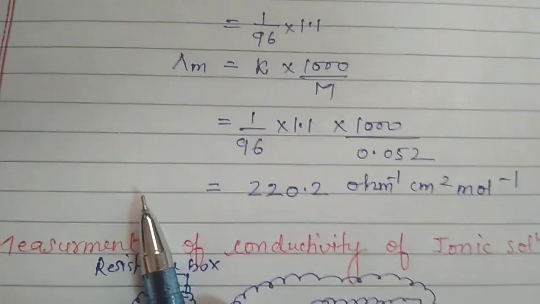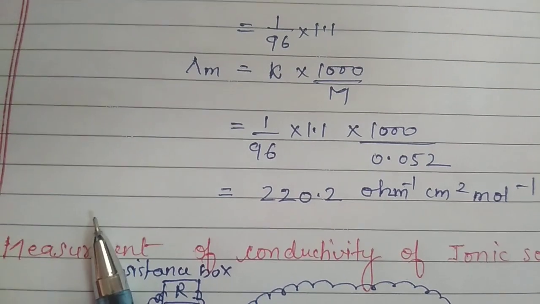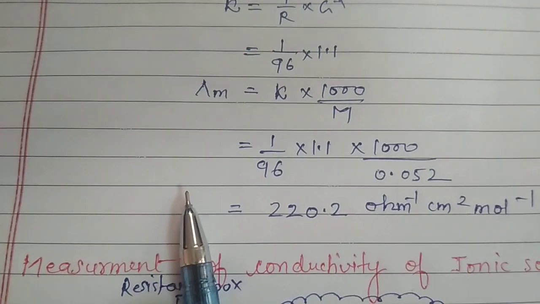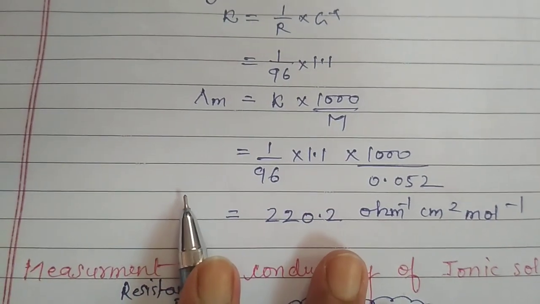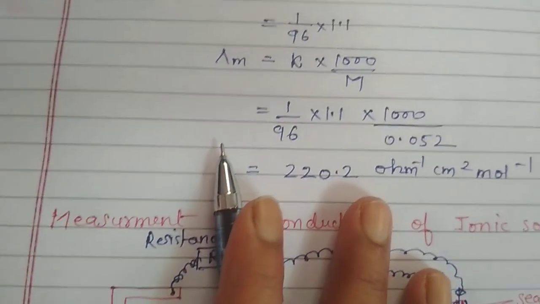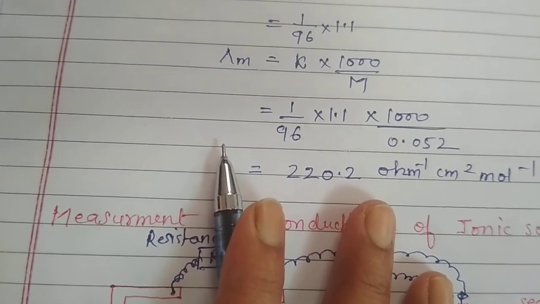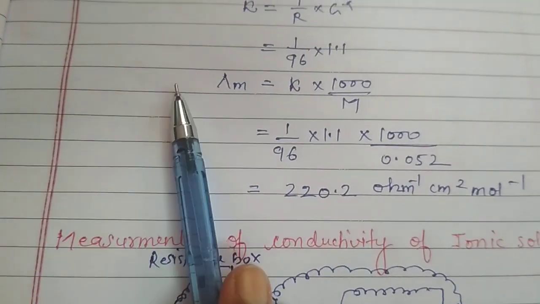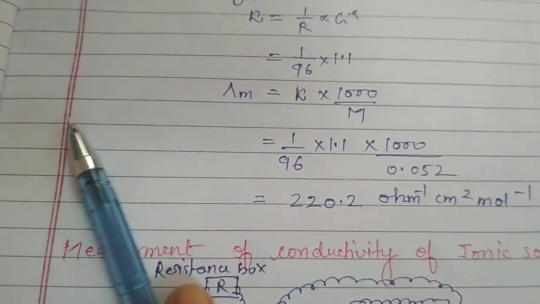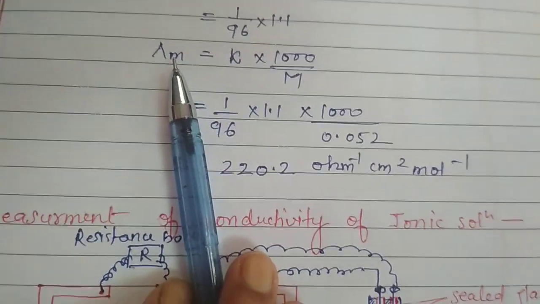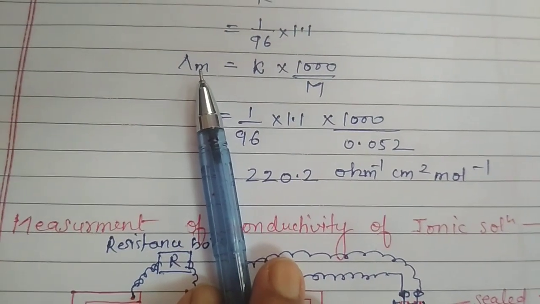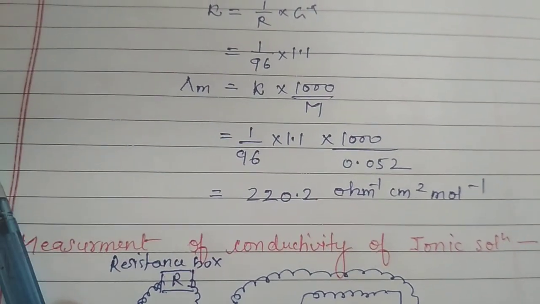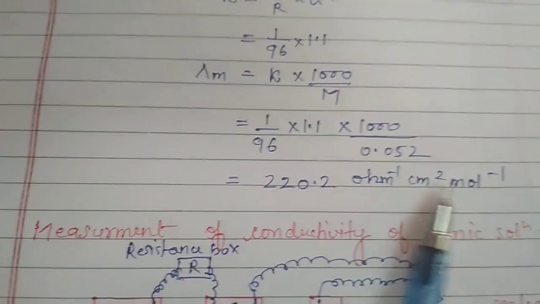So what you are to remember for these questions, first you must remember the formulas that you are to learn and the unit. That is very important. The units can be asked in the examination in 1 mark questions, in MCQs, and in these numericals you are to remember the formula. If you remember the formula, you can find out the answer to any of the questions, and you have to write the units accordingly. Whatever is given in the question related to the unit, you are to mark here.